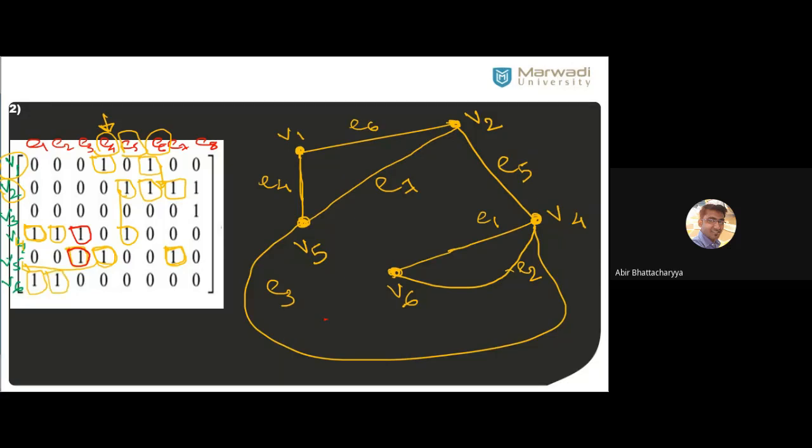What are the left things now? Now only one thing is left, that is V3. Right? V3 is left. We have to introduce V3. So let's say this is V3. But if you observe, V3 is connected by E8 to V2. And there is a connection from here to here through E8. And that's all. This is your graph.